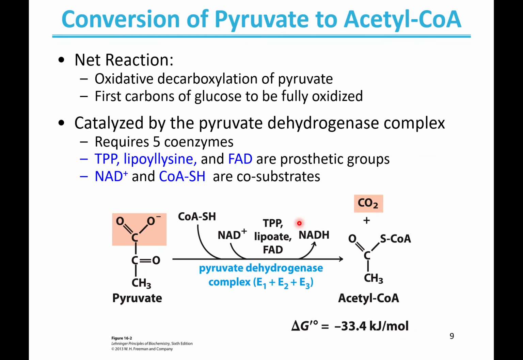Okay, so let's talk about our next step. We left off with glycolysis producing pyruvate. Well, to get into the citric acid cycle, as we've seen, we need to have acetyl-CoA. So how do we convert pyruvate into acetyl-CoA? And that's with this very